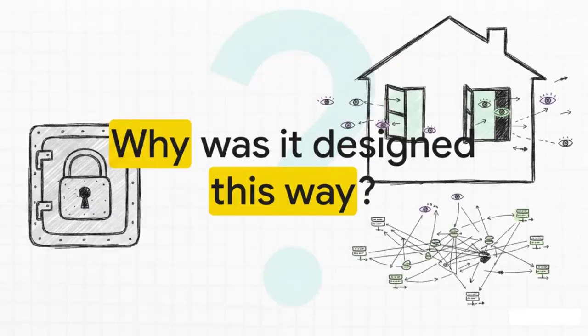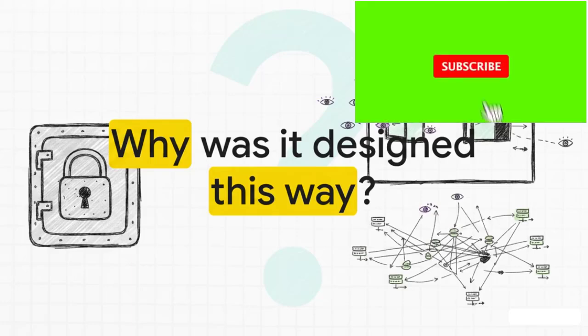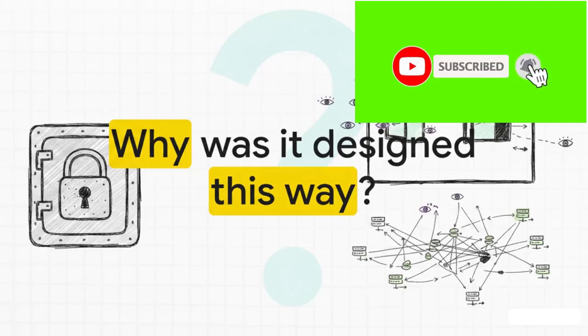Which leaves us with a truly provocative question about the foundational quirks of the internet that our source material ultimately asks. Why on earth was the web designed this way? I mean, why build an impenetrable vault for data, but leave the windows completely wide open for external images and third-party tracking scripts? It's a paradox that has fueled countless security vulnerabilities over the decades. So as you browse the web today, ask yourself, how many different origins are silently loading their scripts onto the page you're reading right now, all perfectly allowed by the very rules